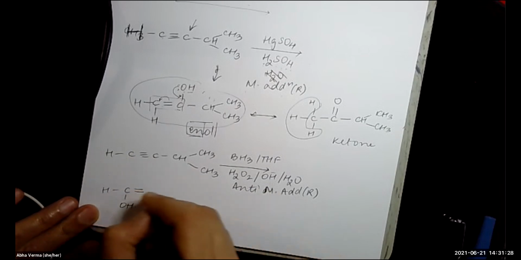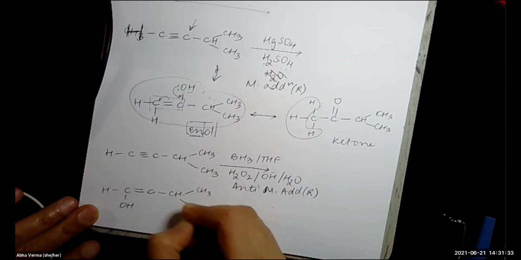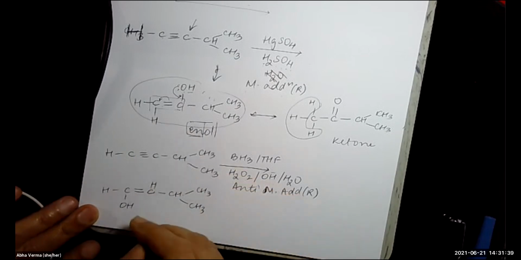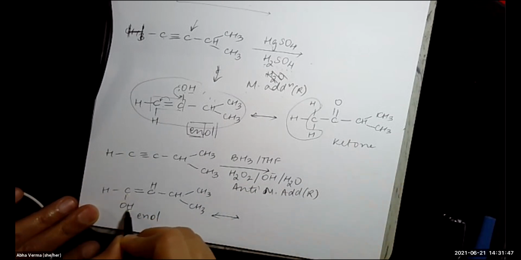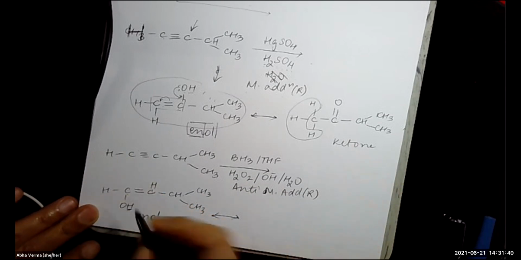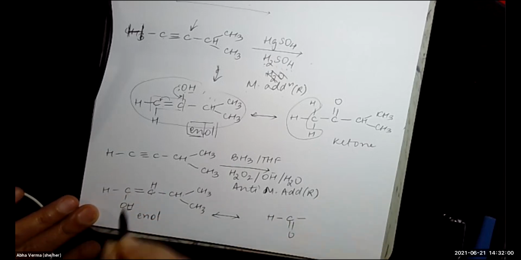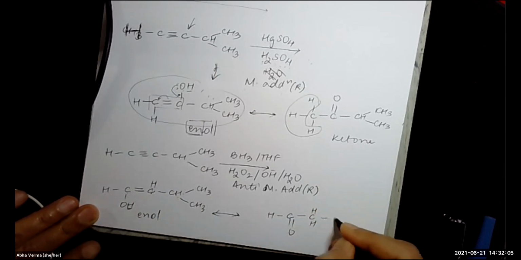The double bond will stay. The more substituted carbon will get the hydrogen. Another enol has formed, but a more stable one. This hydrogen is going to go to your other carbon. This hydrogen stays. This carbon, double bond oxygen forms. This carbon will get the two hydrogens on it and the CH with